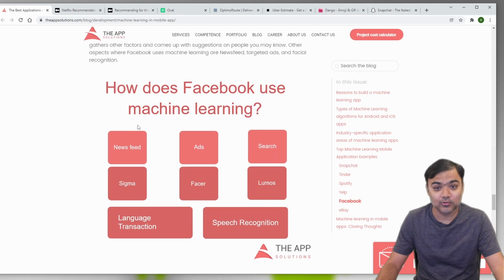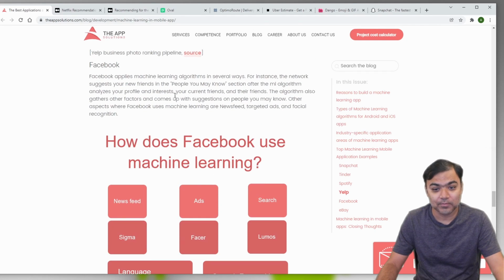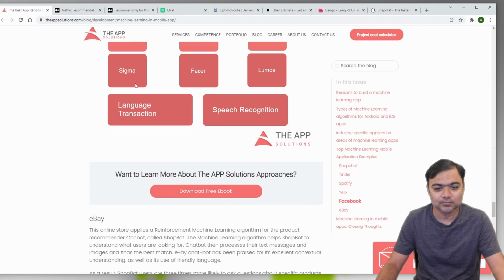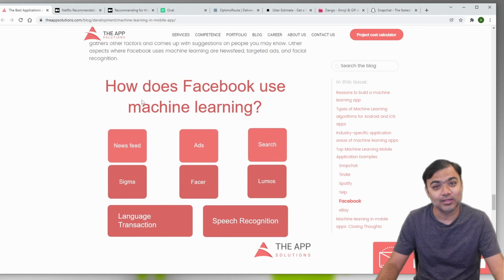Even Facebook uses that. People you may know, the same is there in LinkedIn also. All these are using ML to generate and analyze profiles and interests, and maybe find out a connection that you may have with other persons. Even when you join a new company, they come up with certain recommendations from this new company based on your attributes, like maybe working in the same domain, working in the same field, or having similar experiences.